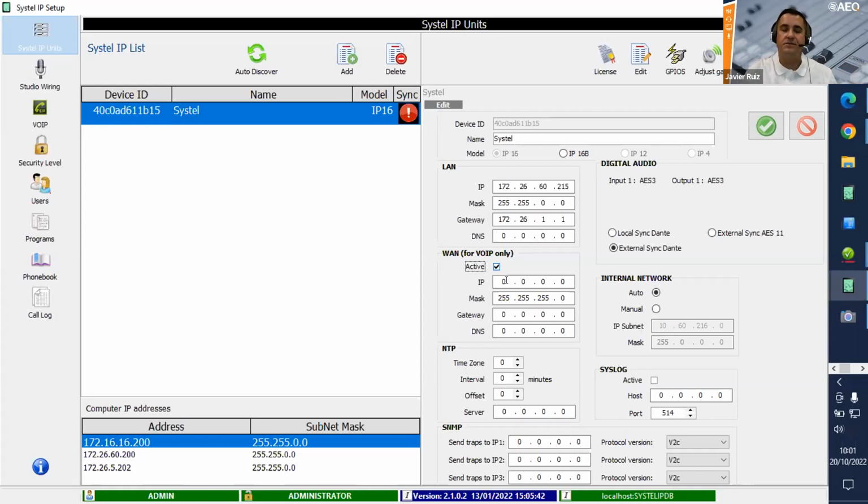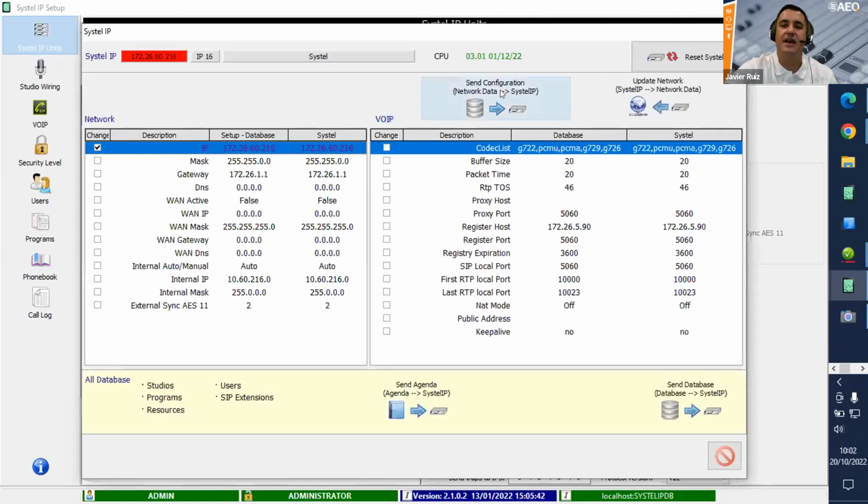In some cases, you can use the control and voice over IP in the LAN network, but I recommend always splitting voice over IP and control. Active or not, one port, and when you finish, save. When you have the new configuration, you have to go to sync configuration and send the configuration network data to